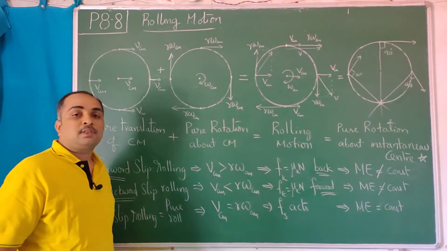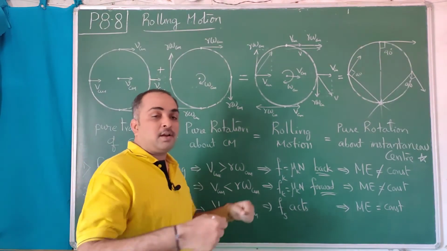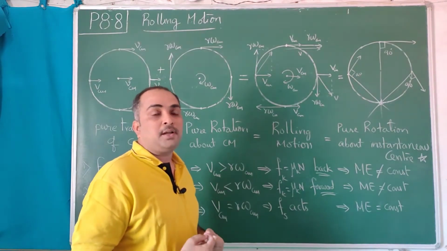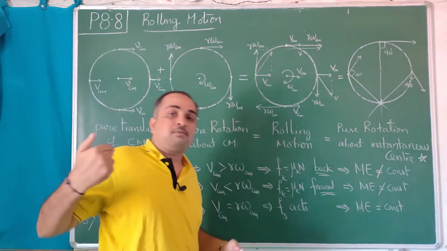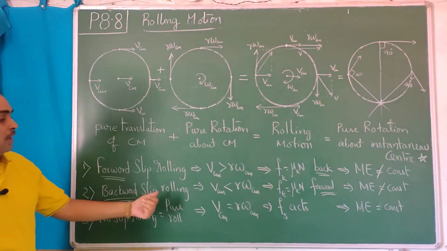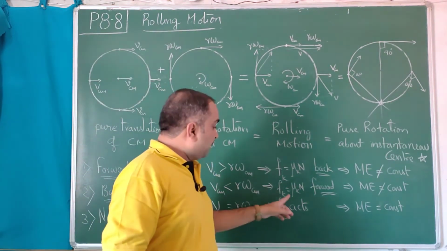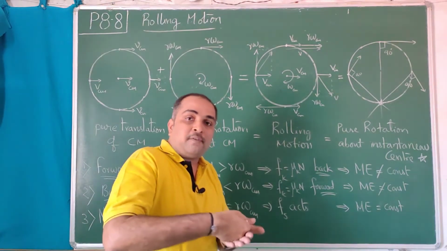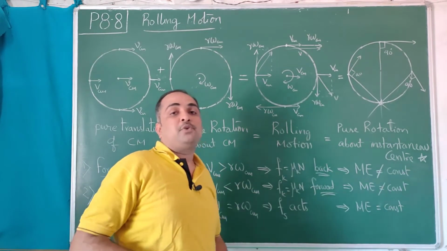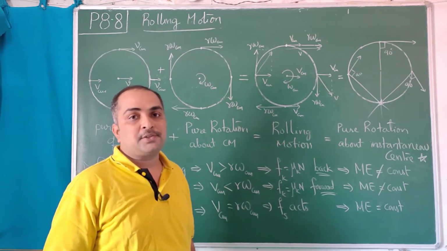Now I explain the important aspect. Let us take a cycle or a bicycle or a bike. When you start for the first time and want to ride on it, the back wheel slips, rotating like this. So during that part it will have a backward slip rolling, and that backward slip rolling on the back wheel makes kinetic friction act on the bottommost point of the wheel. When it tries to slip like this, the frictional force acts forward and makes the overall object translate. So the frictional force is responsible for your translation.